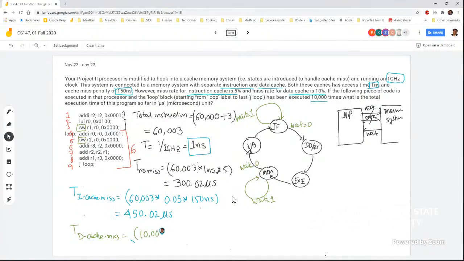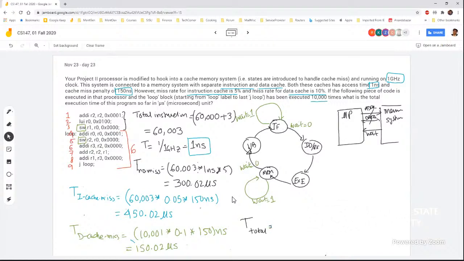10,001 multiplied by, it's 15%, right? It is the cache miss of 10%, not 15%, 10%. So it is 0.1 multiplied by 150, which according to my calculation comes about 150.02 microseconds. That means my total time, the total,